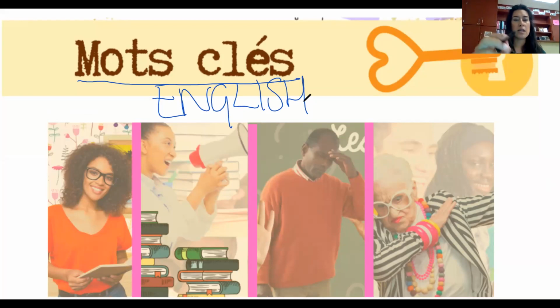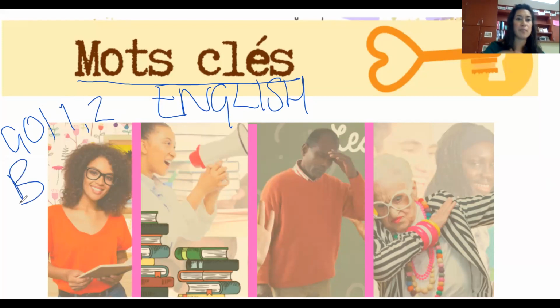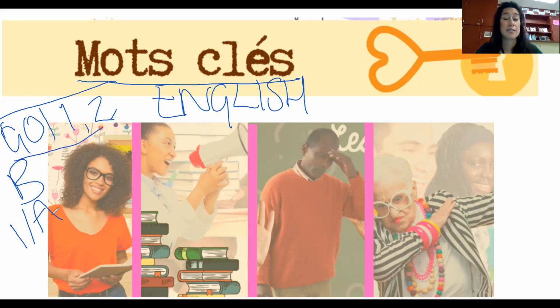After that, the rest of the questions say GOI, and then you'll have question 1, 2. Look for the ones which say have B on the end. They are beginner and they are all multiple choice. And the questions that say I or A, the letters in the top left-hand corner, are intermediate or advanced. So you do not have to do those unless you want to. Okay, so go ahead, complete the rest of that, pause, and then come back to this video.